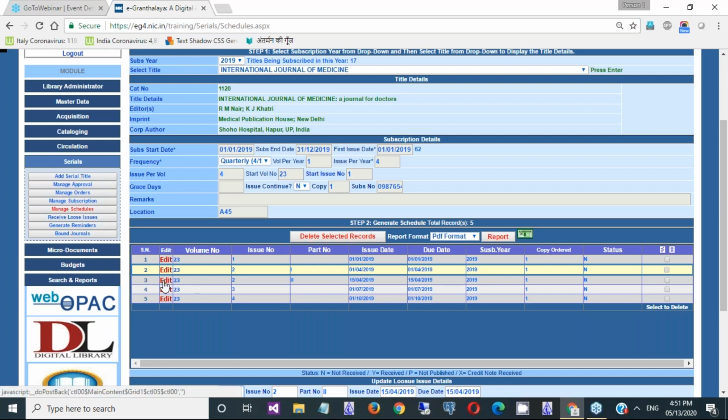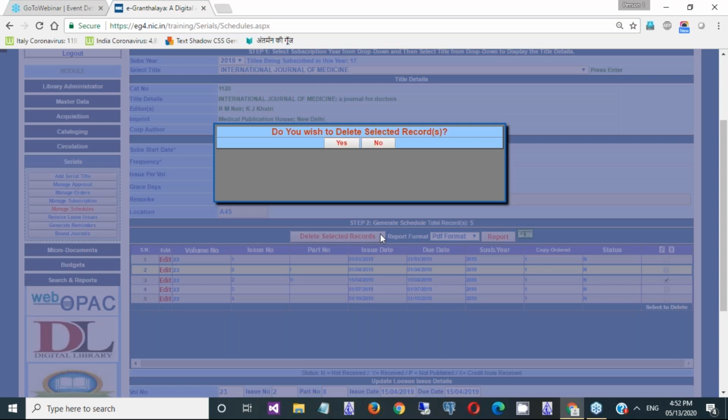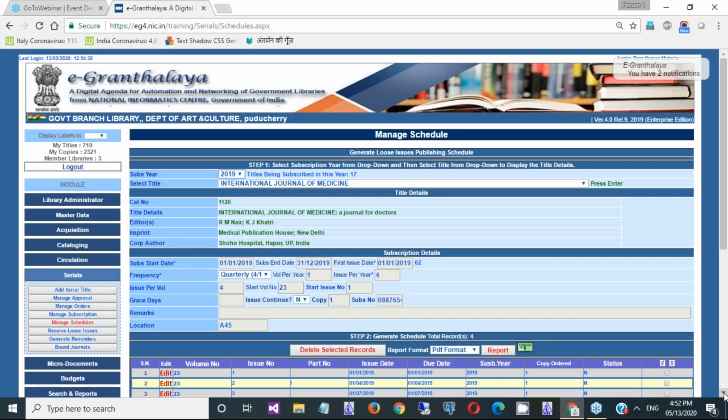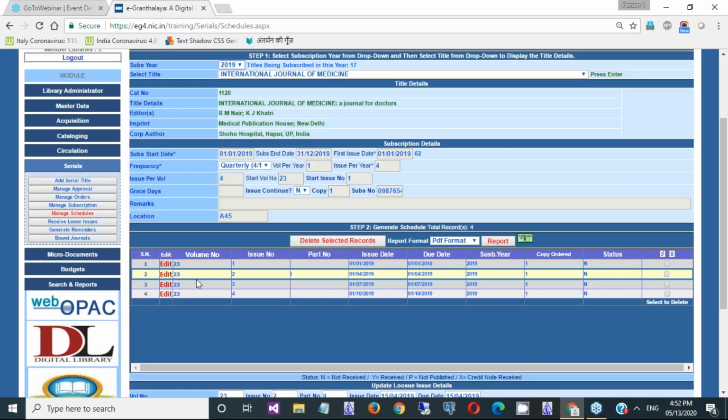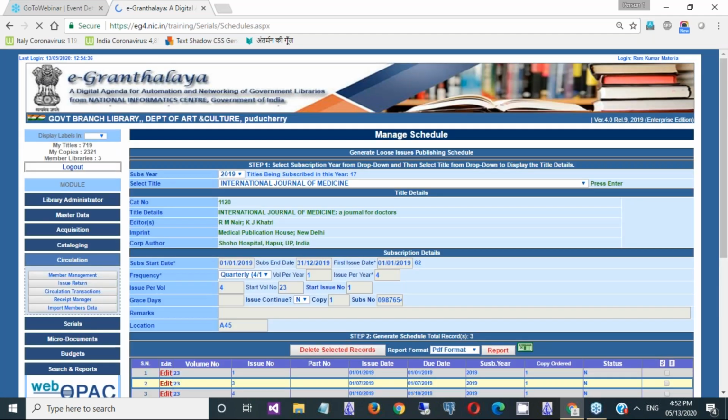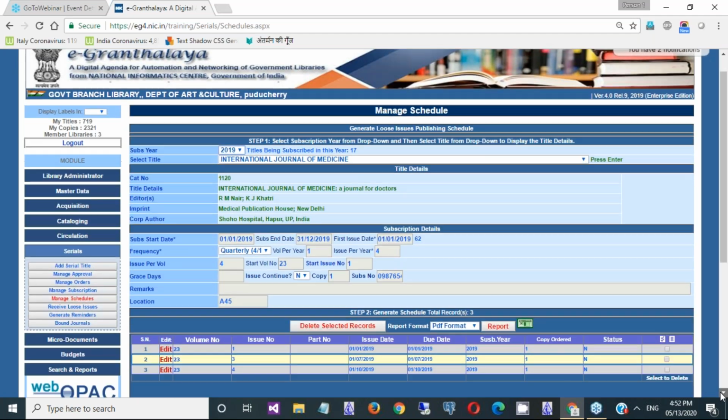Or there may be a possibility that two issues are merged together. In that situation, I will delete this newly added one. I will show various combinations and variations you will generally find in journal publications. Suppose two issues are merged together. I will delete it from here and make a modification.